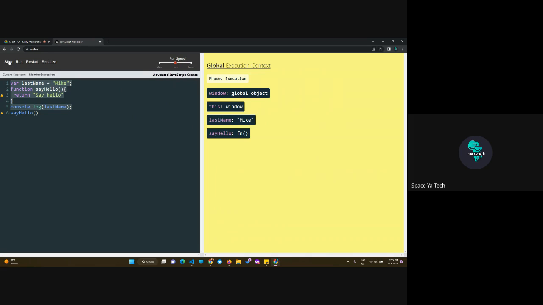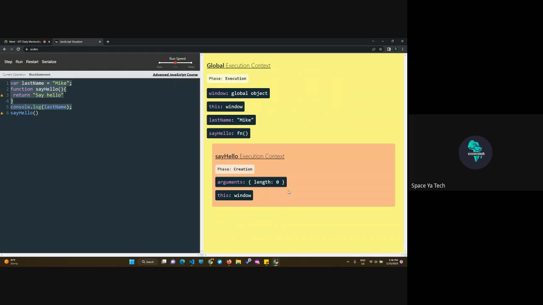Now it will get to a place where it will create a new context down here, when we get to executing the say hello. Step in again, step in again. So at this point is when we want to execute it. There, you see it created a new execution context. Then now if you had another variable in here,